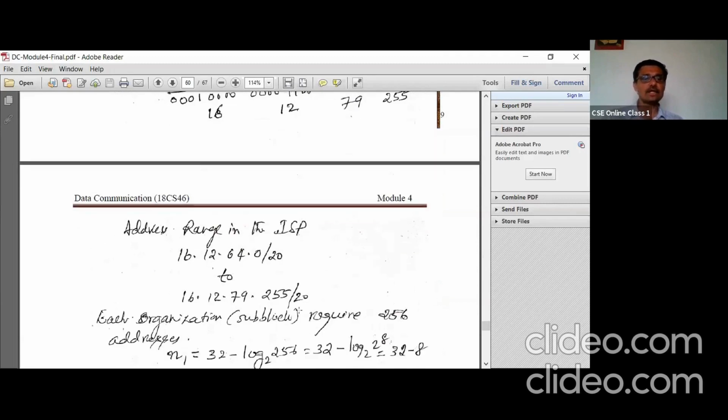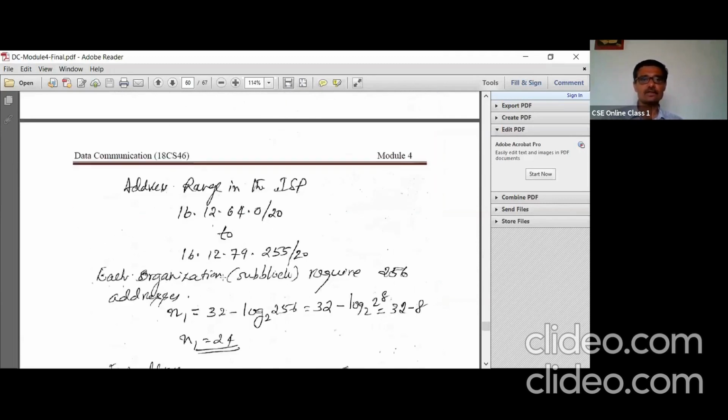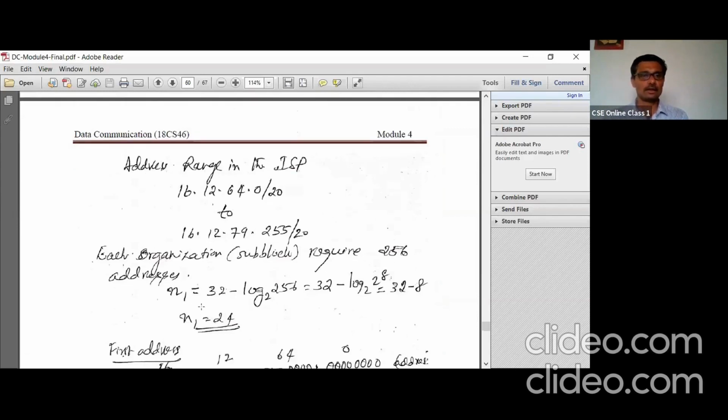Then each organization's sub-block requires 256 addresses, because the size of the sub-block is the same here. We need to find n1, the small n sub, as per our formula: 32 minus log 256.